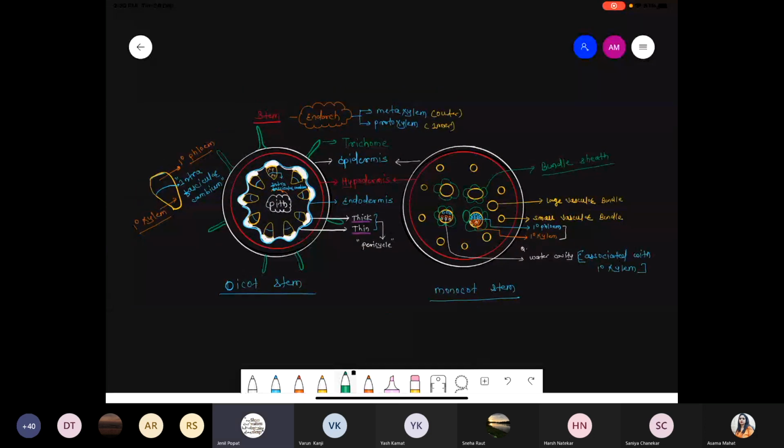If you see the diagram, you can easily understand the characteristic features between the dicot and the monocot stem. In case of the monocot stem, scattered vascular bundles are present. Scattered means there is no proper arrangement. Whereas in the dicot, where endodermis is present, and on the endodermis pericycle is present, and on the pericycle the vascular bundles are arranged in a proper manner, in a wedge shape. Vascular bundles show the xylem part, phloem part, and even cambium is also present.